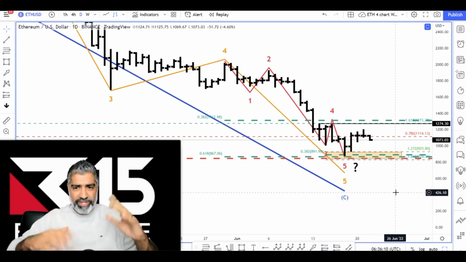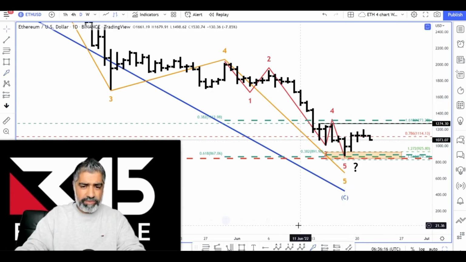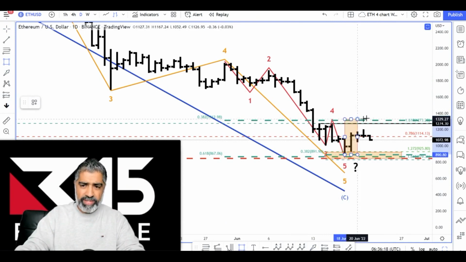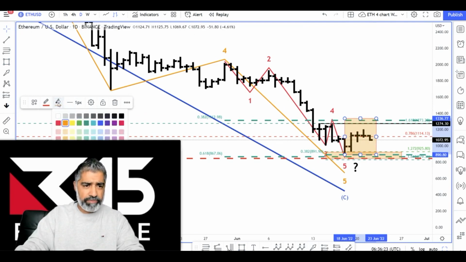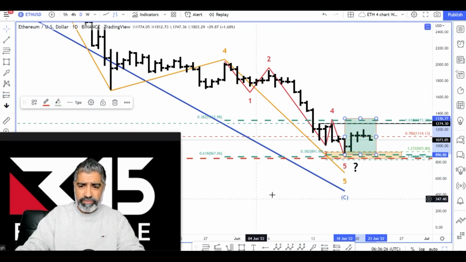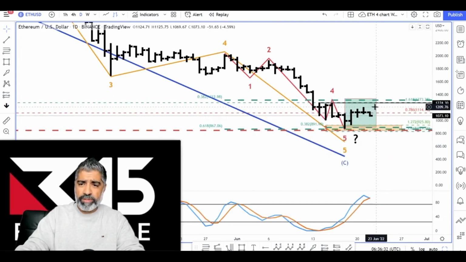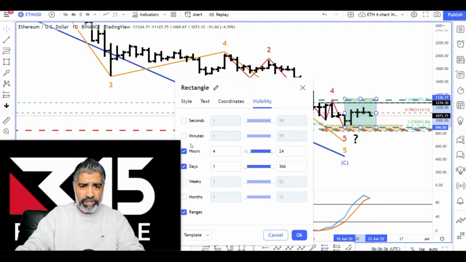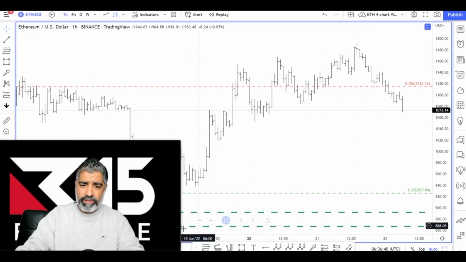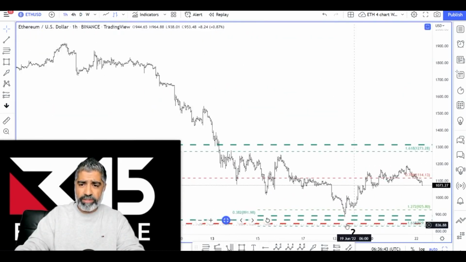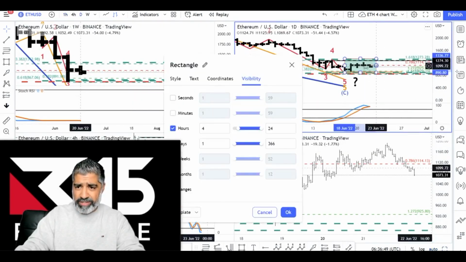So what we're going to do to finish up today is jump into an hourly chart, which is going to let us see this part in a bit more detail. I'm going to make it clear for you what we're going to look at, because sometimes it's not as clear. I'm going to put this in a box and color it green. Right, so now I'm going to drop down to an hourly chart. I just wanted to make sure this shows on the hourly chart. Okay, we'll drop down to the bottom right hand corner. Let's see if that worked. Nope, that didn't work. What I was trying to do was make sure this green box shows.